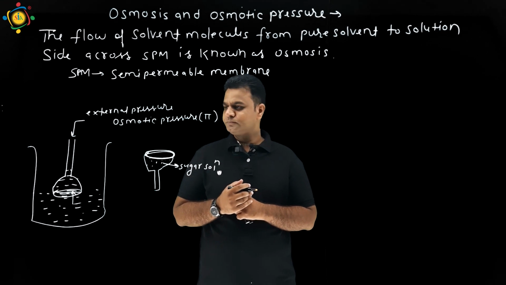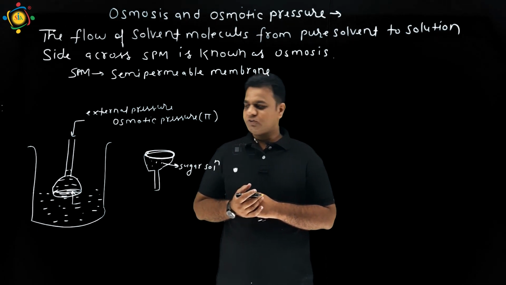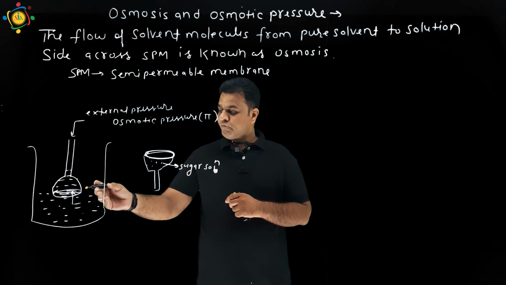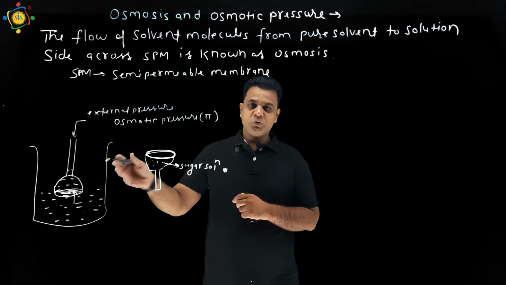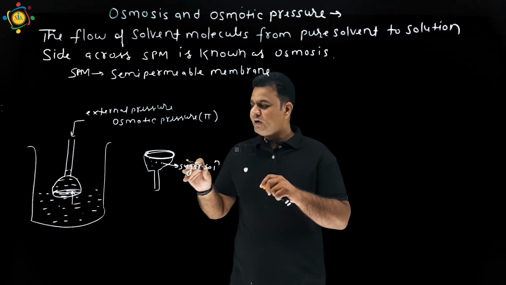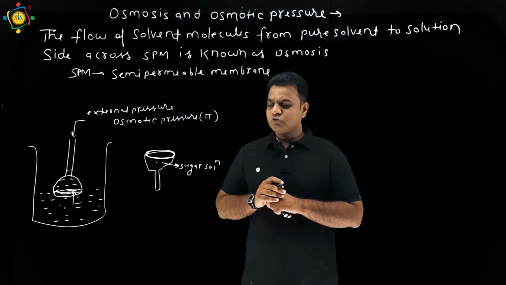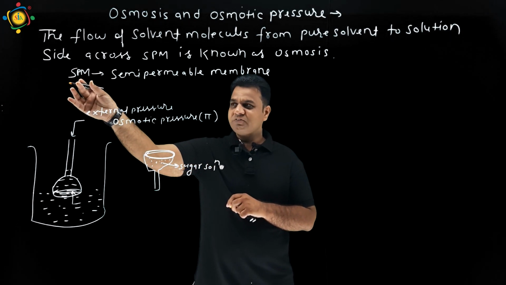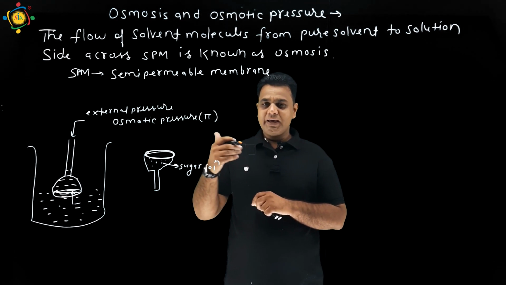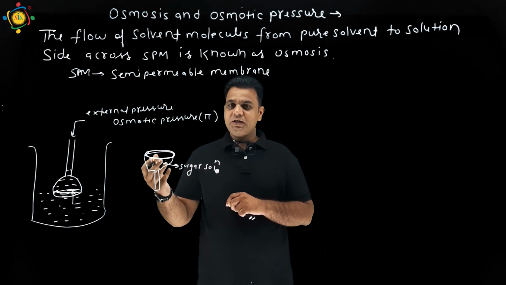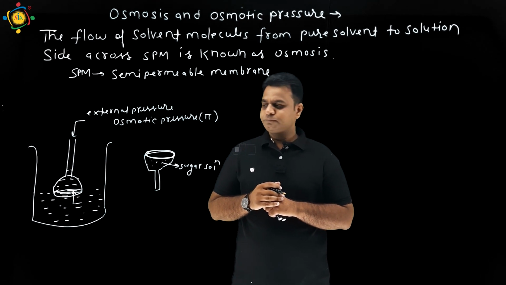and solvents. So this diagrammatic representation of osmosis indicates that water passes across SPM toward the sugar solution. Water does not pass from the sugar solution towards the pure solvent or water. So students, SPM is a special type of membrane known as semi-permeable membrane. It has the characteristic feature that it allows only the passage of pure solvent molecules through it.